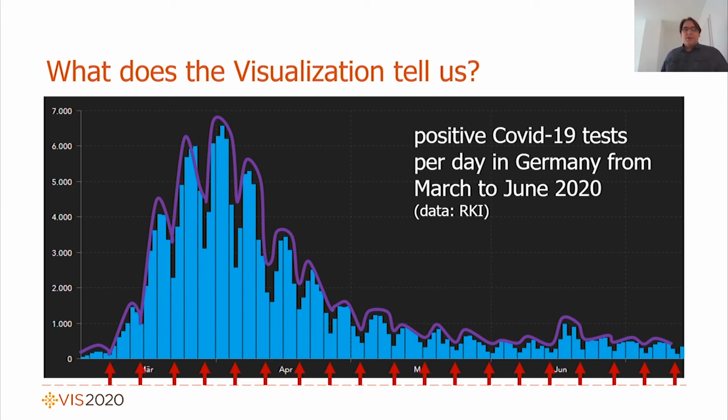So the point here is that domain knowledge tells us that the real reason for this decline in the numbers is that many of the laboratories that are making the tests are not working on the weekend, they are closed. So basically fewer tests are performed during the weekends than on weekdays. So essentially, by this knowledge we see that the decline we see in the intervals is not important for the